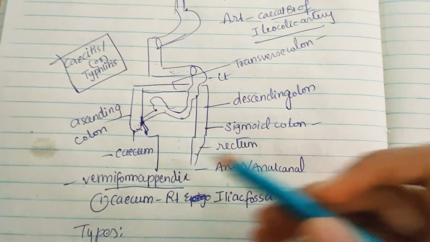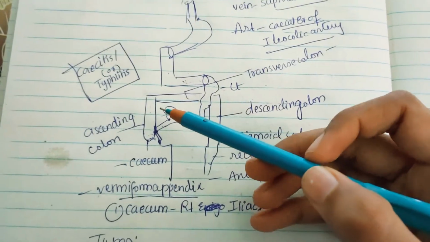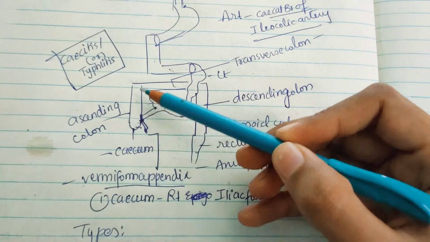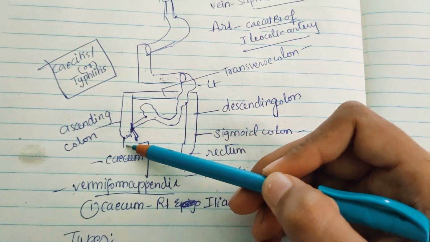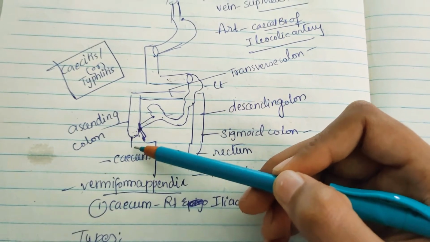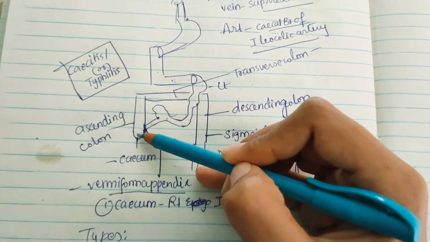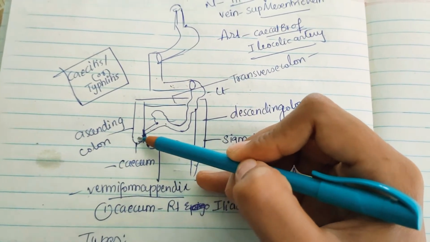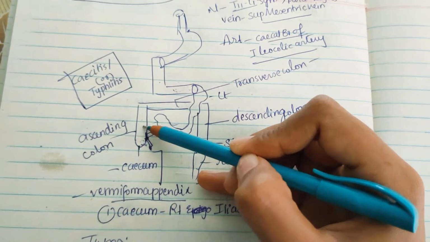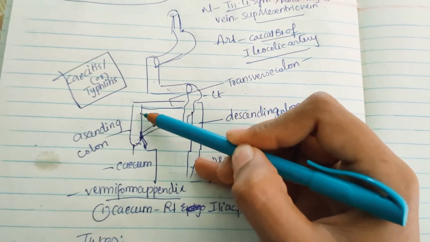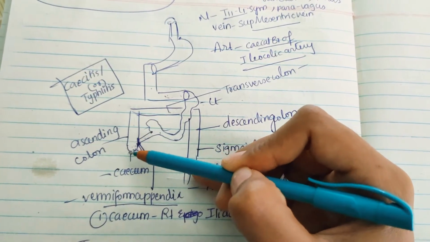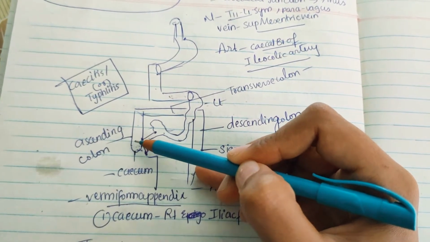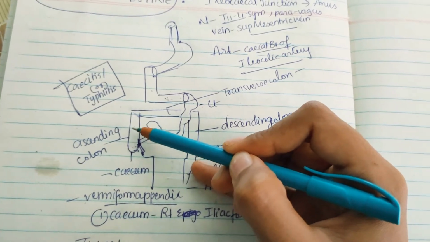Start our discussion on ascending colon. Actually, ascending colon is 12.5 centimeter long and it is extending from cecum to the inferior surface of right lobe of liver. Actually, liver's right lobe will be here. So, from the inferior surface of right lobe of liver, it bends to the left to form the right colic flexure here. Okay, and usually it is retroperitoneal and rarely it may possess an ascending mesocolon.